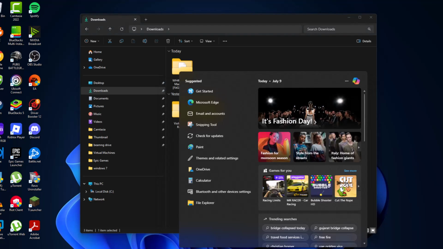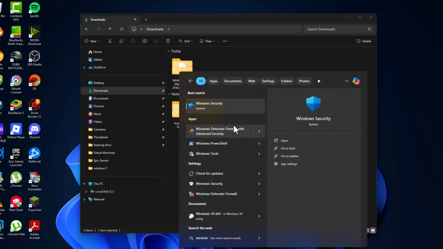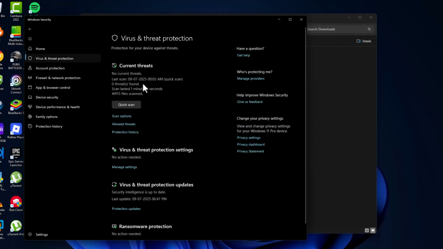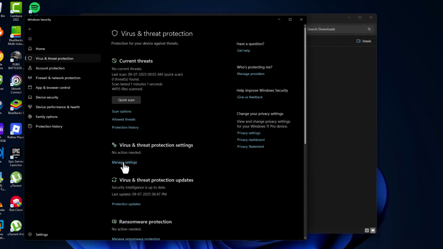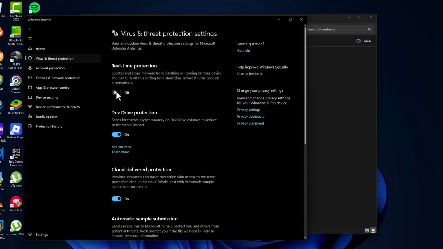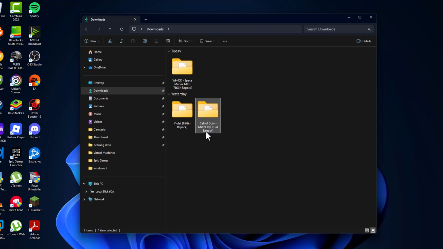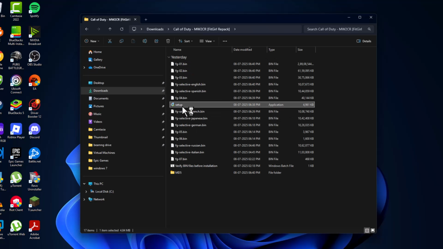And then go to the search menu and type Windows Security. Click on open it. Select Virus and threat protection and select Manage settings. Turn off the real-time protection and select yes. After turning off, just minimize this page, double click on the setup folder, double click on setup and select